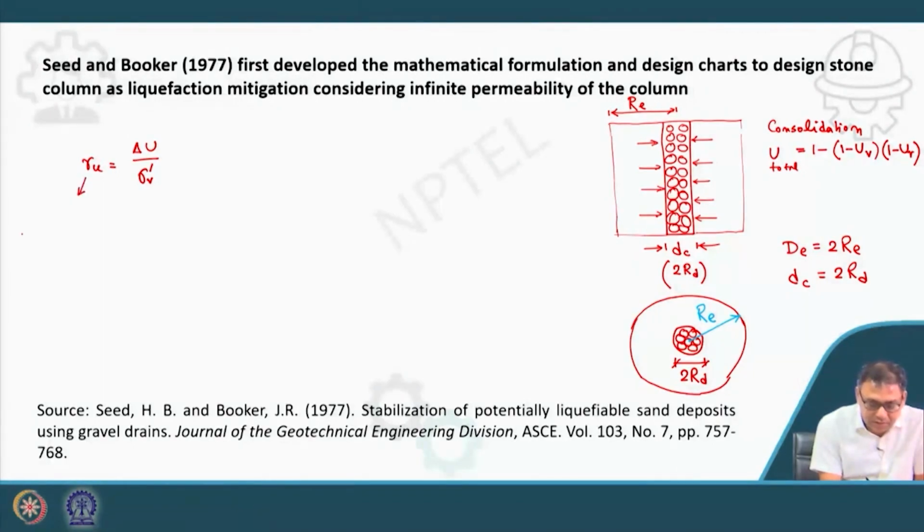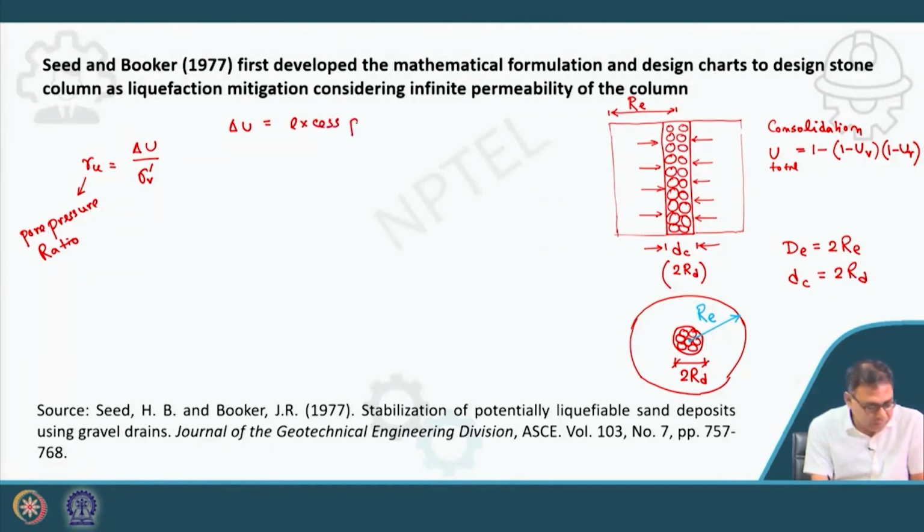What is RU? RU is the pore pressure ratio, which is ΔU by sigma V dash, where ΔU is the excess pore water pressure developed